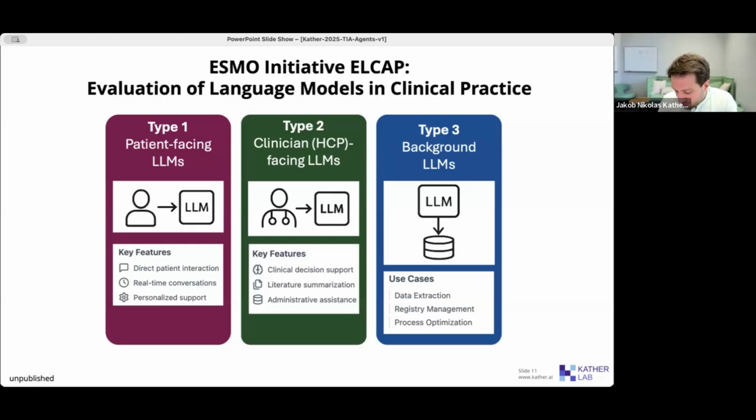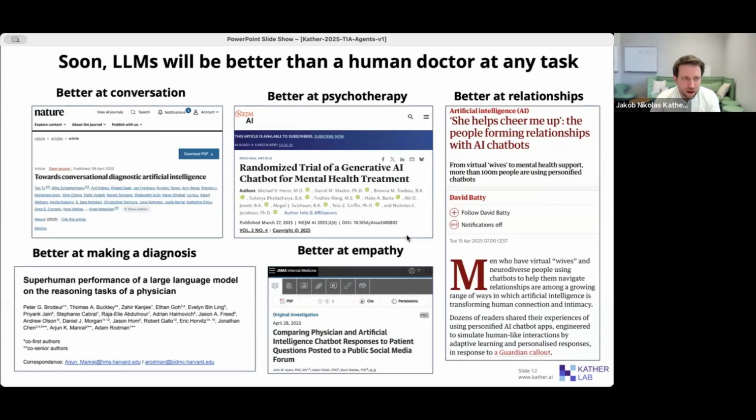evaluation of vision language models or something along these lines, please consider looking up this LCAP initiative to see what is defined here as the minimum standard for validation items that we in ESMO recommend to follow. I will wrap up just speaking about large language models with an outlook or prediction that soon